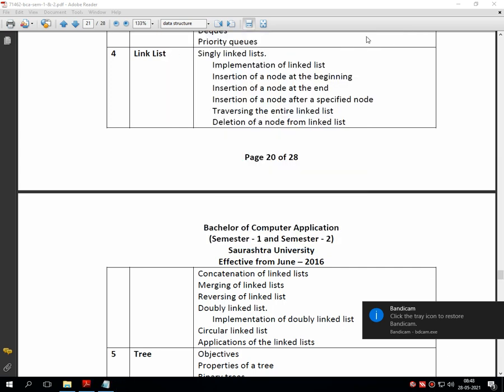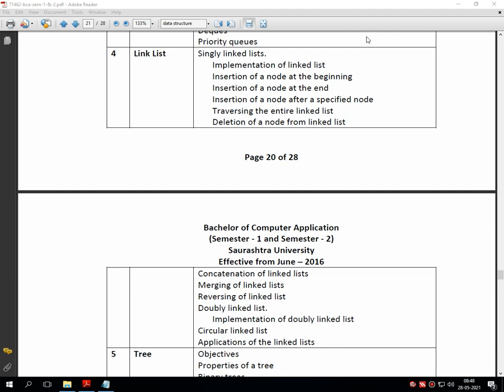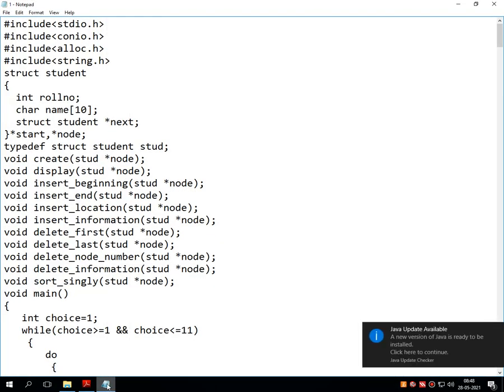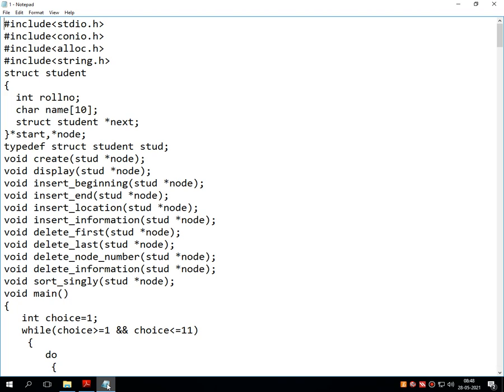We even discussed the various types of deletion, like deletion from the first position, deletion from the last position, deletion of a specific position, deletion based on location, and various traversals. In this chapter, we have to discuss three types of linked list, that is single linked list, double linked list, and circular linked list. Apart from that, single linked list is very important from the university examination point of view. So take it seriously. Now it's time to discuss the logical steps which demonstrate how we can implement a single linked list.